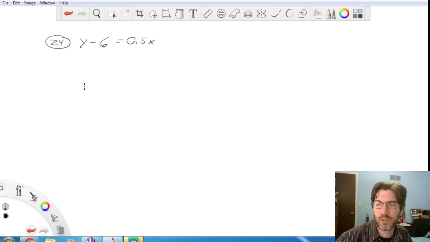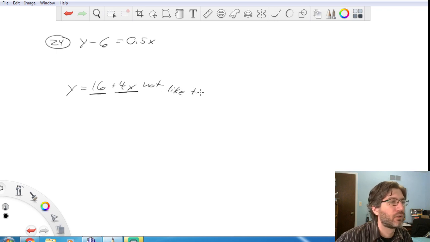You are not multiplying them, you are adding them. So what was it, y equals 16 plus 4x. This term and this term are not like terms. They do not have the same variables. You cannot combine them. However, if this was equals 16 times 4x, you can combine them by doing 4 times 16. But